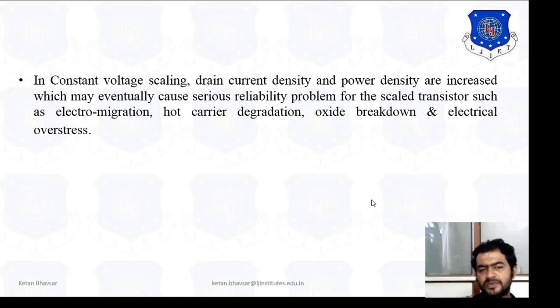So in this particular situation, we are talking about constant voltage and constant field scaling techniques. We have to make sure these two techniques are up to the mark if you are working on a specific technology, but based on application and requirement, it will change. So I hope that you are getting the idea about junction capacitance and what exactly the junction capacitance is.